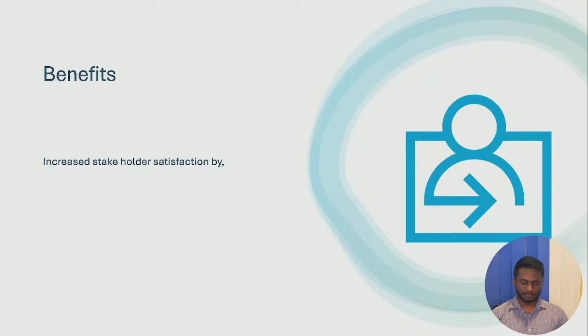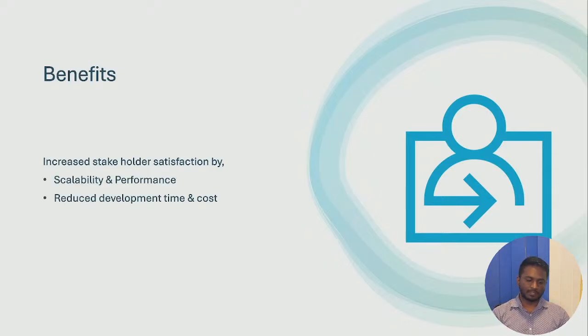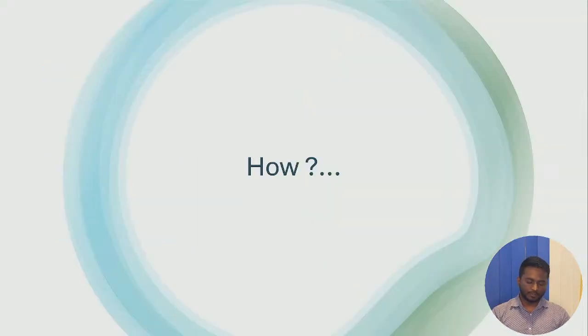We can increase the stakeholder satisfaction by scalability and performance, and we can reduce the time and cost for development, and also the maintainability of the system is greatly enhanced, and it has a better understanding for the system with the software architecture. So how are we going to do that? So this is the main focus of this session,